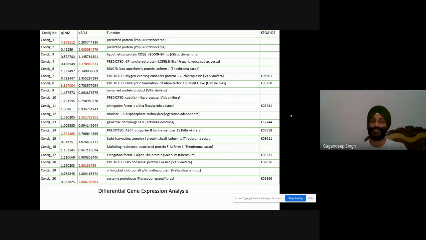One condition is related to heat stress, the other condition is related to normal conditions for that particular organism. Now we can easily identify that in normal condition versus harsh conditions, contig 1 is highly expressing, and some other genes are expressing in normal conditions, some genes are expressing in harsh conditions.